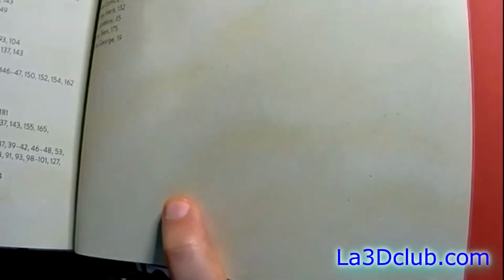And I took a look in the index and found that there was actually an index reference. The last index reference under Z is... That's the last one. See if you can see that. Zone, Ray. Very good. Page 181. Cool. So if I go to page 181,